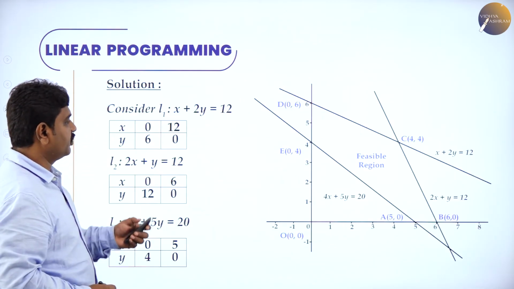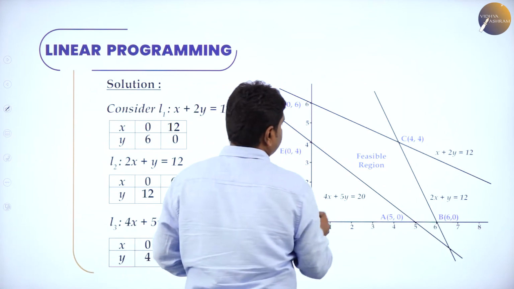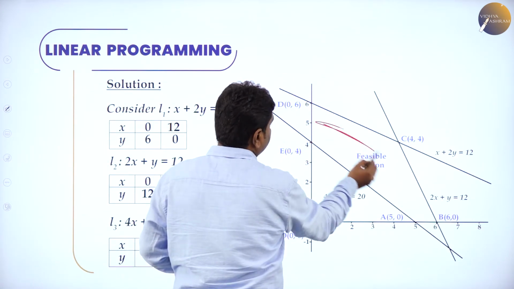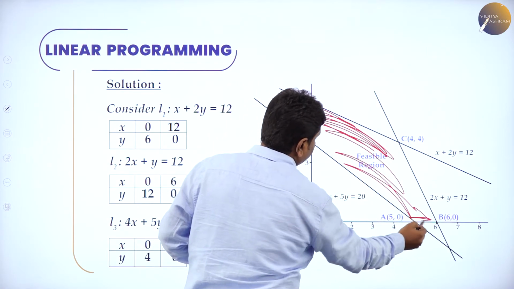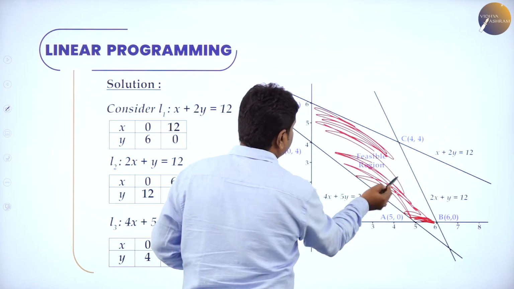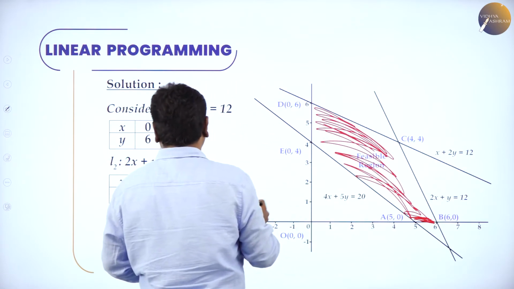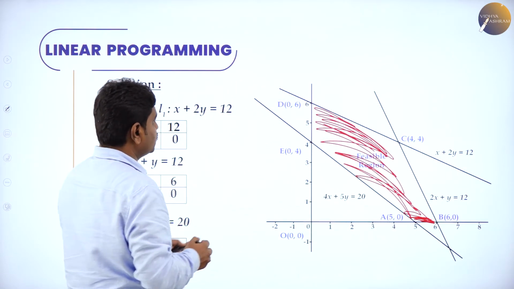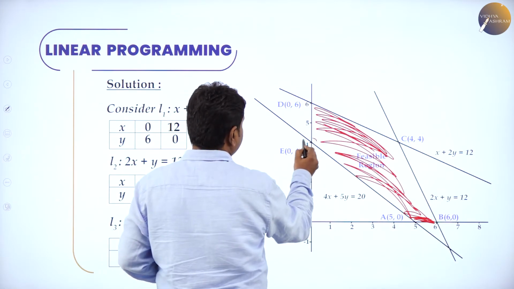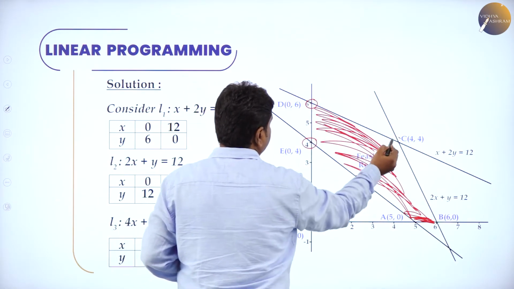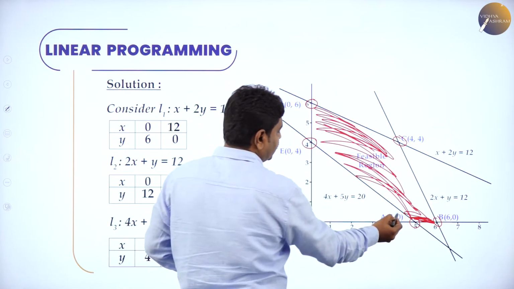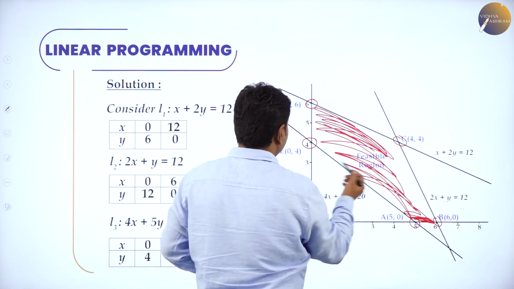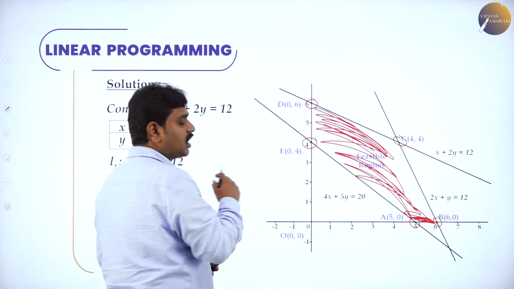So you get a perfect graph like this. This is a feasible region. Here this is a common region determined by all the constraints. That's it. I told you we should not go away from the first quadrant. Now we'll mark the corner points. Each of these is one point, and we call them corner points. Here A is 5, 0, B is 6, 0, C is 4, 4, E is 0, 4. These are the corner points.